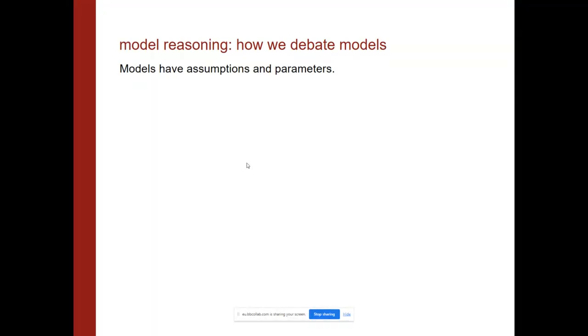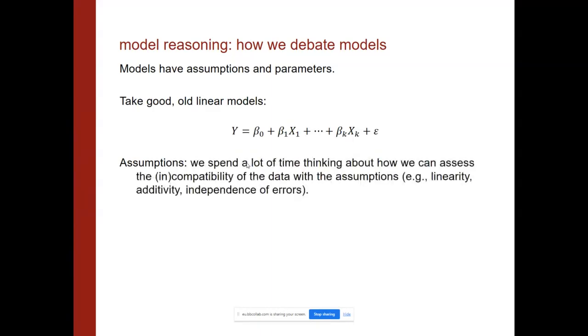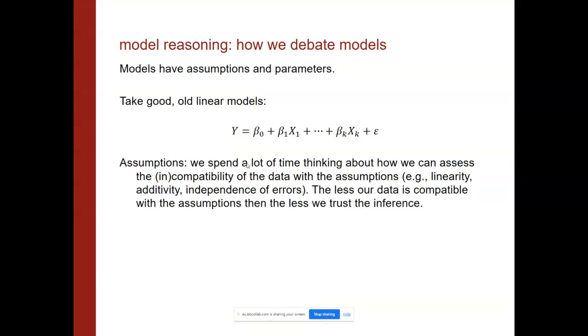But if you think about how we debate models, it's usually, again, like I talked about earlier, there are two ways to do it. You attack the assumptions, or you look at the parameters and attack those. So in the assumptions, we are interrogating a linear model, we look at the compatibility or the incompatibility with linearity, additivity, independence of assumptions. And if we see, hey, the residuals don't look very independent, I'm going to start doubting any inference that's predicated on this model. Maybe I'll even switch to a different model. But if I interrogate those assumptions and I see that the data aren't comporting with them, they're not compatible, I'm not going to follow your inference. I'm not going to believe your inference.